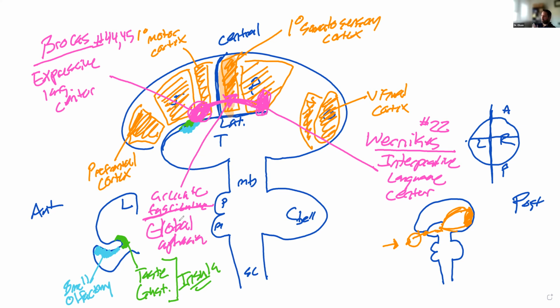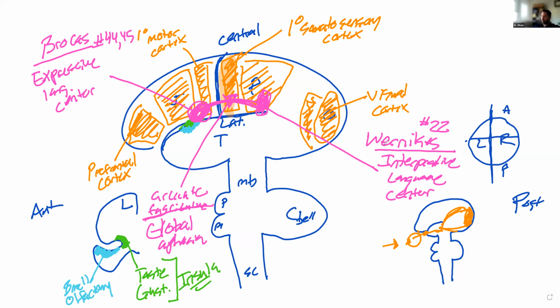And this is the worst because then neither one of these is working well. So you have dual deficits. You have a problem expressing language from the motor side in Broca's, and also problems with the interpretive language center as well. I think that pretty much covers a lot of the points that I wanted to make